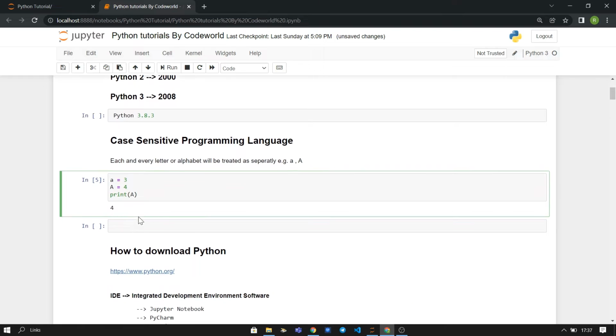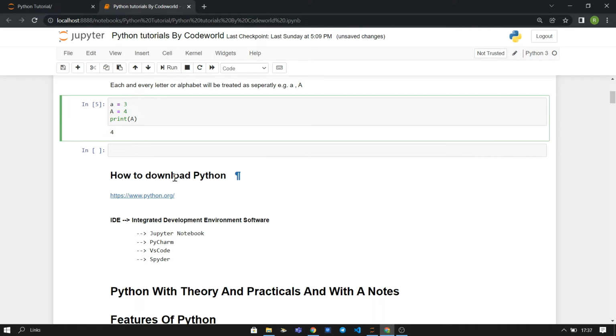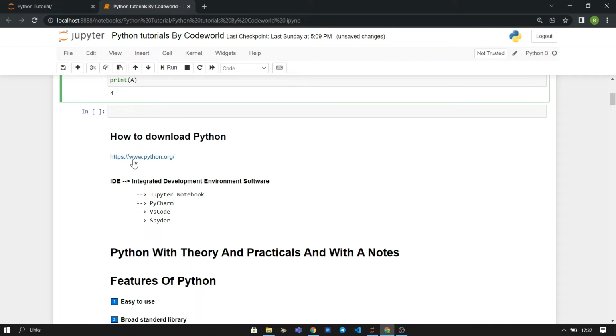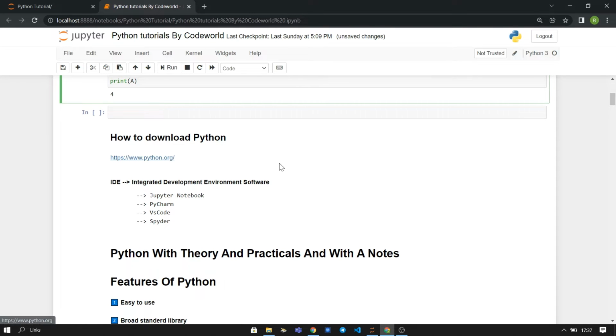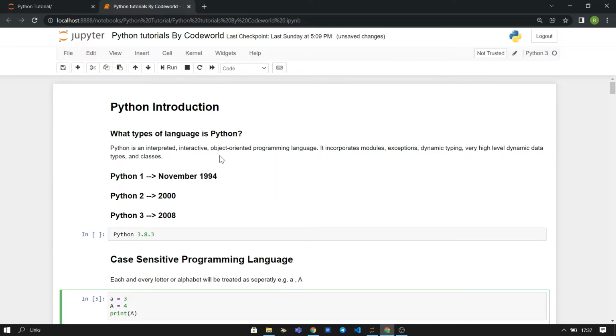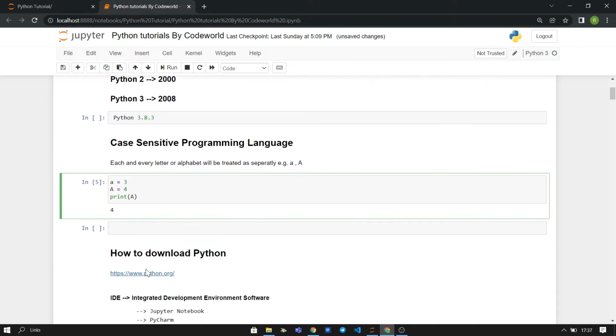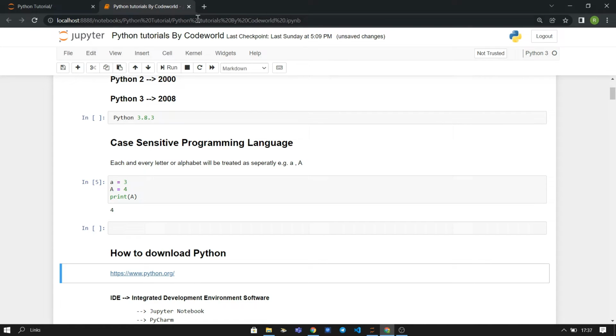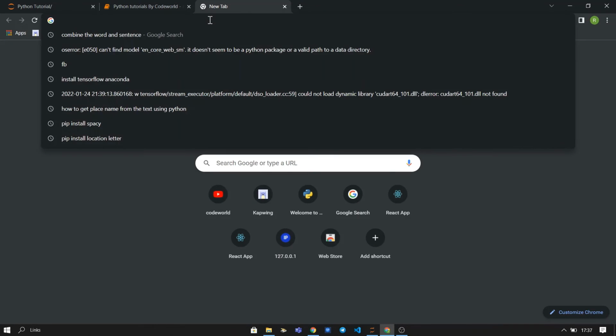Next is how to download Python and from where. This is the original website link of Python. Don't worry, I will provide this whole notebook to you all, and I will also give this link in the description. You can go and download Python from there, or otherwise just search on Google